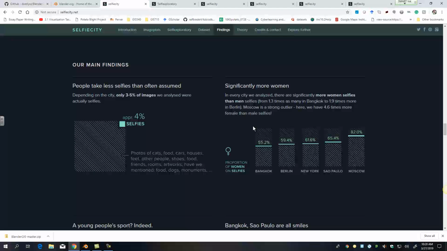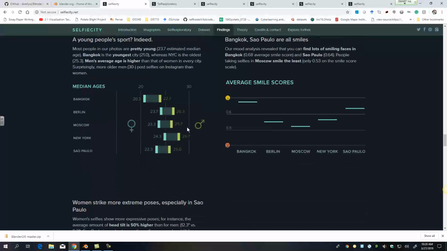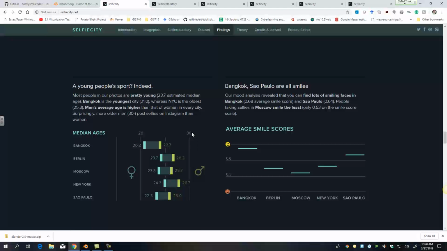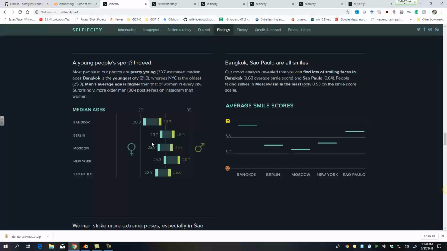They found that significantly more women post selfies in all of the cities that they were studying. The general trend is that younger people, up to their mid to late 20s, are posting pictures as well, and that Bangkok apparently was the happiest city based on those photos that they post.